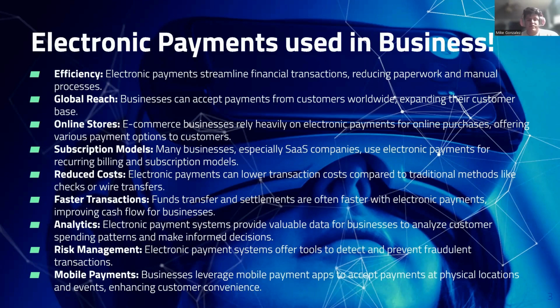And then another one is risk management. So electronic payment systems offer tools to detect and prevent fraudulent transactions. Electronic payment is not 100% right now. There are ways around it for people to commit fraud, and it's just an unfortunate thing, but it's the